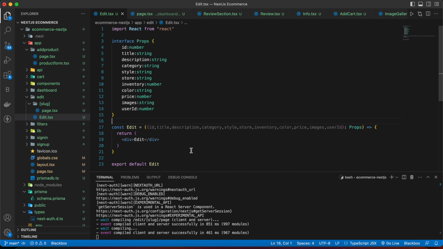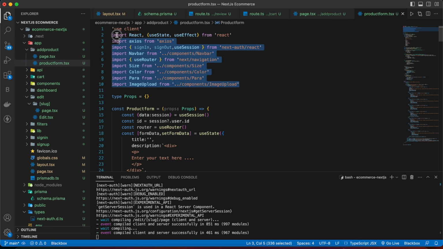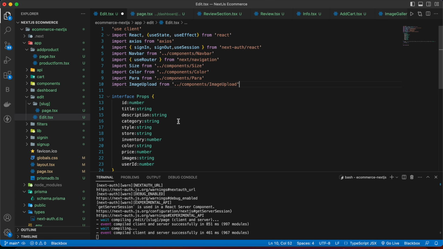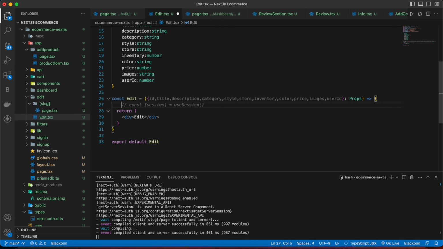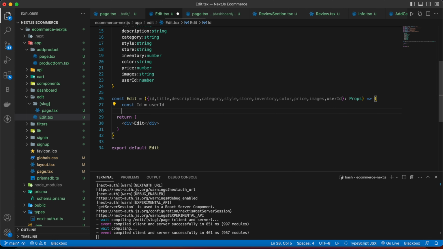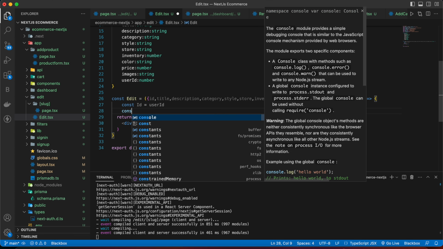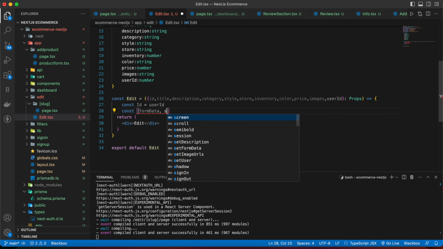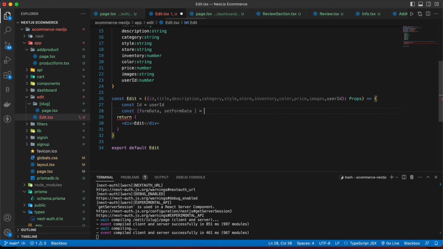Now the edit page will be almost same as the add product page. So what we need to do is go here and copy and paste all the imports here. And now inside the function, first get the ID, which will be our user ID that we are getting from the product. And then let's make a state here, const formData, setFormData is equal to